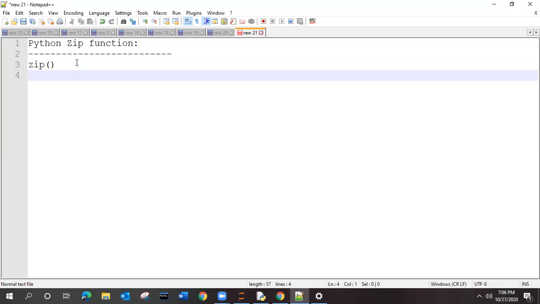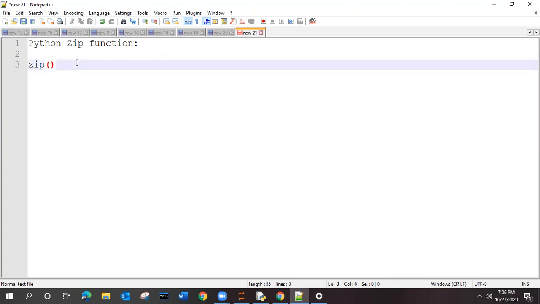How are we going to make use of this zip function in Python? As we know, the zip function is an inbuilt function in Python. And what will it give you as the output?